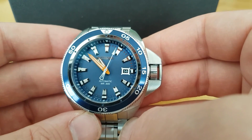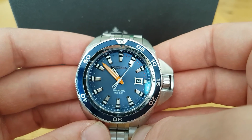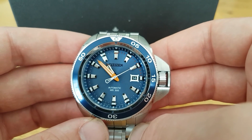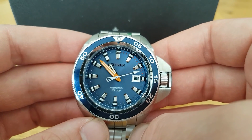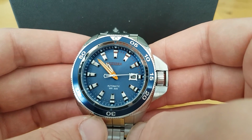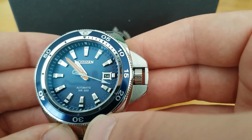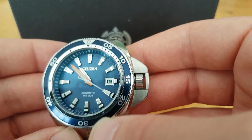And if that's the reason why I got this watch like $300 cheaper than retail, or $400 cheaper than retail, that's okay. I still had to pay some import tax though on the watch, so I normally wouldn't have done this, but I had to do it now. Is that a scratch? What is that? Let me just take the...